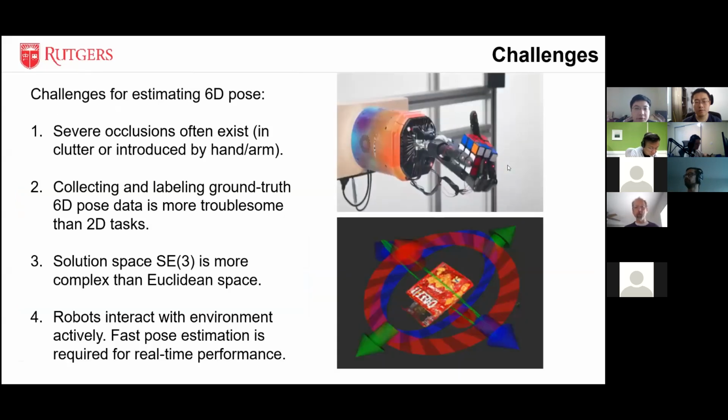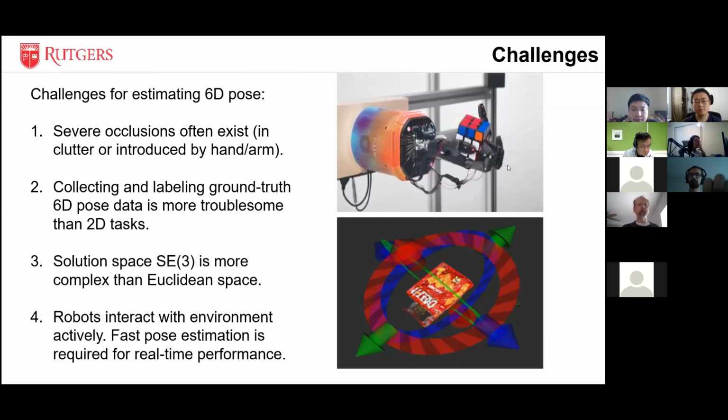However, there are some challenges for estimating 6D pose. First, severe occlusions often exist, and especially in robotic manipulation, this could happen in clutter or could be introduced by the hand or arm. Again, let's take a look at the OpenAI dexterous hand as an example. When the hand is manipulating the objects within the hand, there are many cases when the finger is occluding the cuboid. And also, for 6D pose, collecting and labeling ground truth